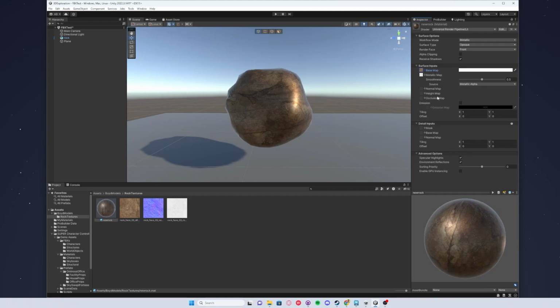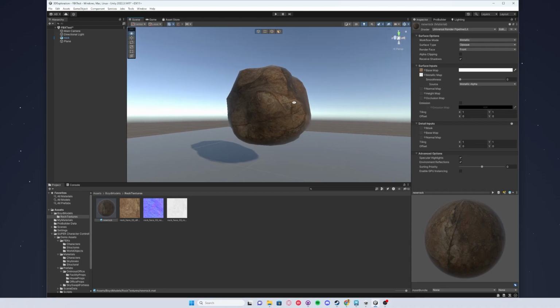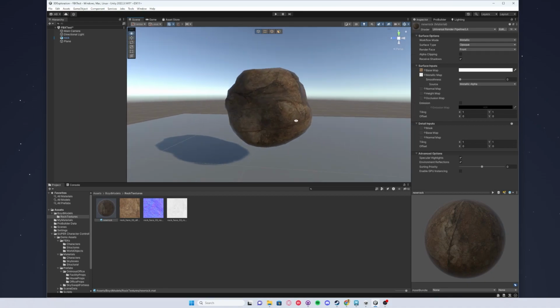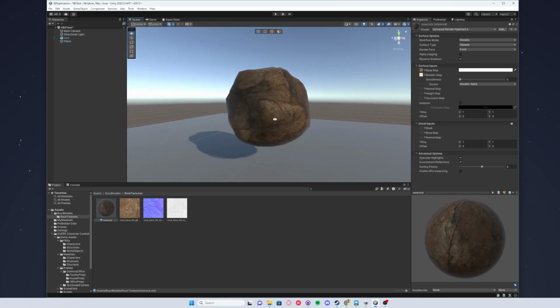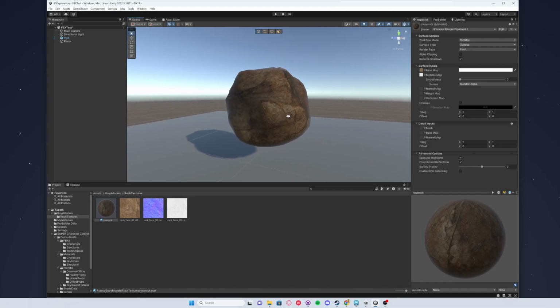Fortunately, we can change this by using this smoothness slider here. I'm going to slide this all the way down. Now, you're going to notice that we get these weird foggy reflections off of this material here. That just looks a little strange. We don't want that. I'm going to show you how to fix that in just a bit, but